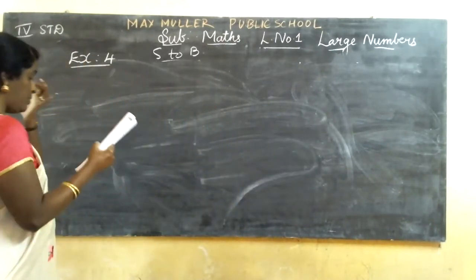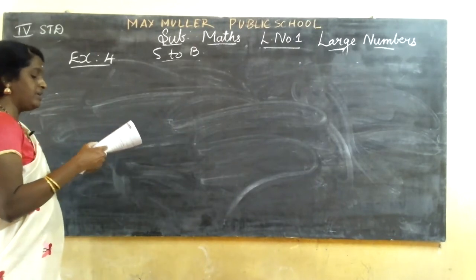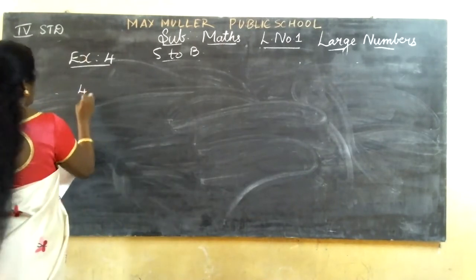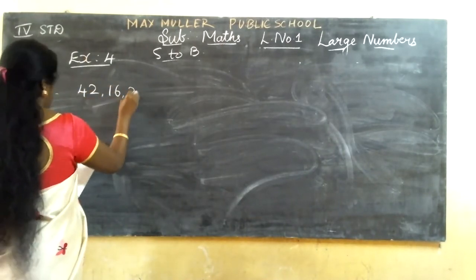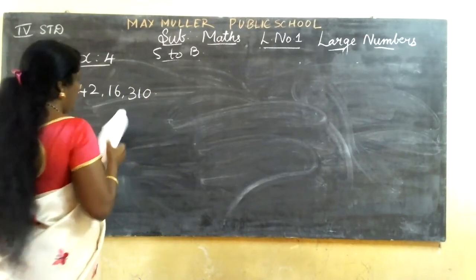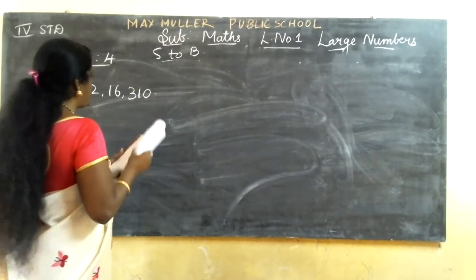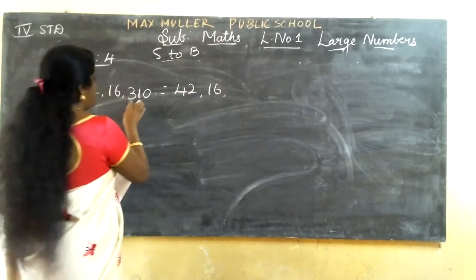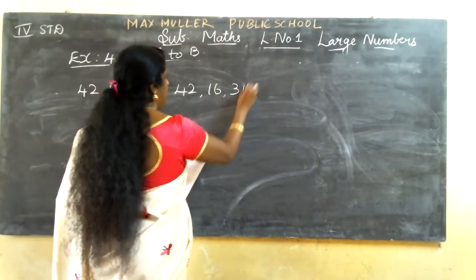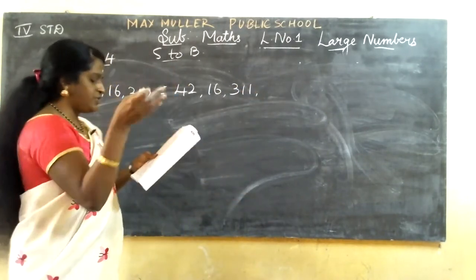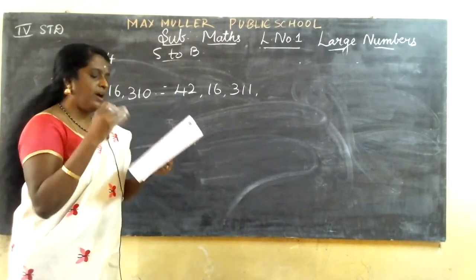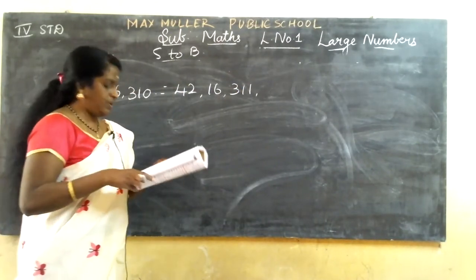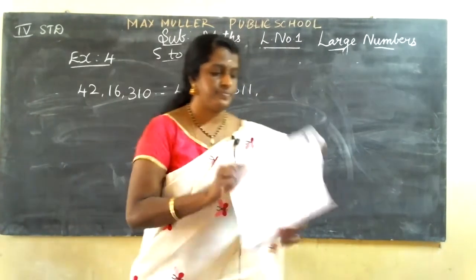Third main, write all the numbers that come between the given numbers. So between, you should check 42 lakh 16,310. Next is last, see they are given 16. So 42 lakh 16,000, same. 310 means 311. Like that. Just you should, by seeing that last number, how you should write? You should add and go 1, 1, 1, 1. Okay, children? So here I'll end my class.